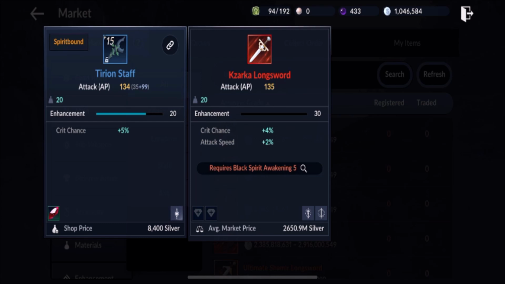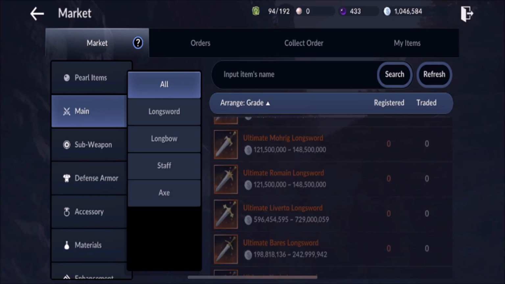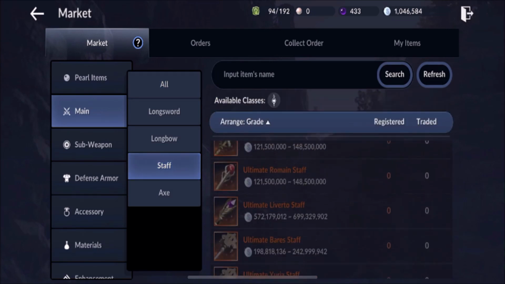And as you look, it's already a 135 attack, and it's not even enchanted. Mine's a 15 times enchanted Tyrian staff, and it's only 1 below. So it starts at a base 135, which is fantastic. But if you scroll down for, like, a witch, for instance, you need a staff, and if I come down,